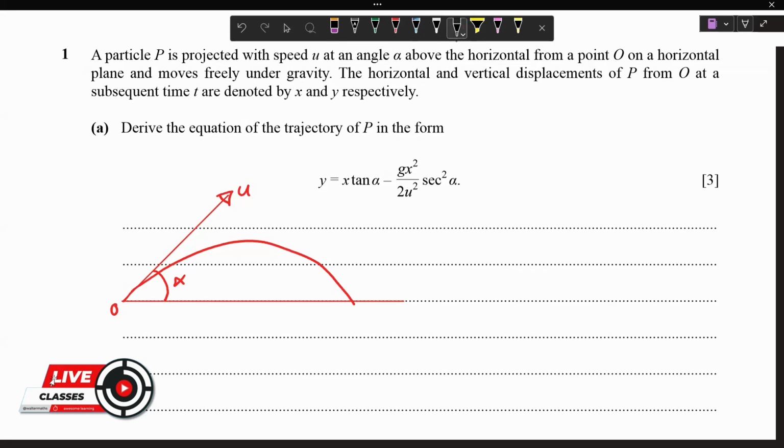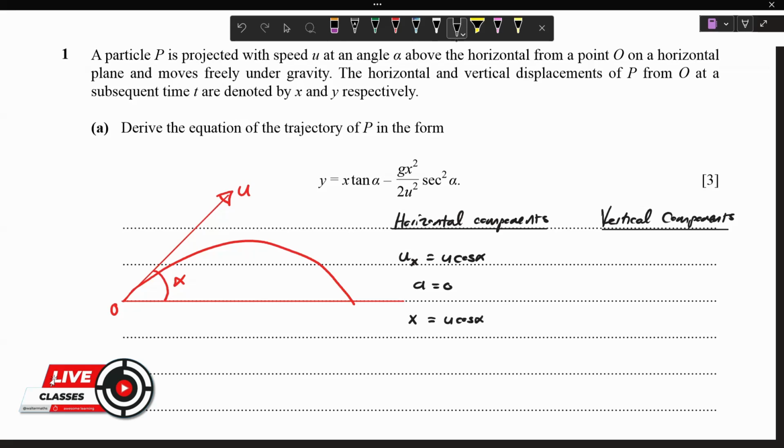If we are going to consider the horizontal components against the vertical components, these are the two things we need to consider. All right, so for the horizontal components, the initial speed is u cos alpha. We know that acceleration is zero horizontally, and the distance traveled after time t is going to be calculated u